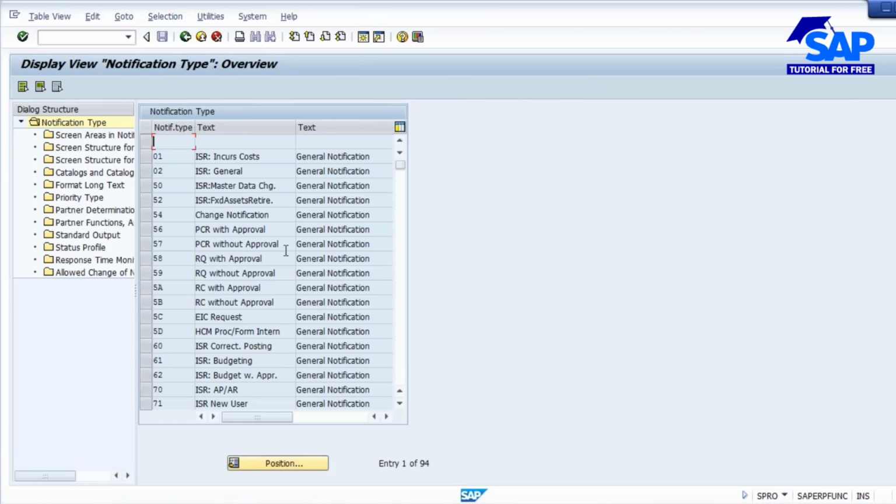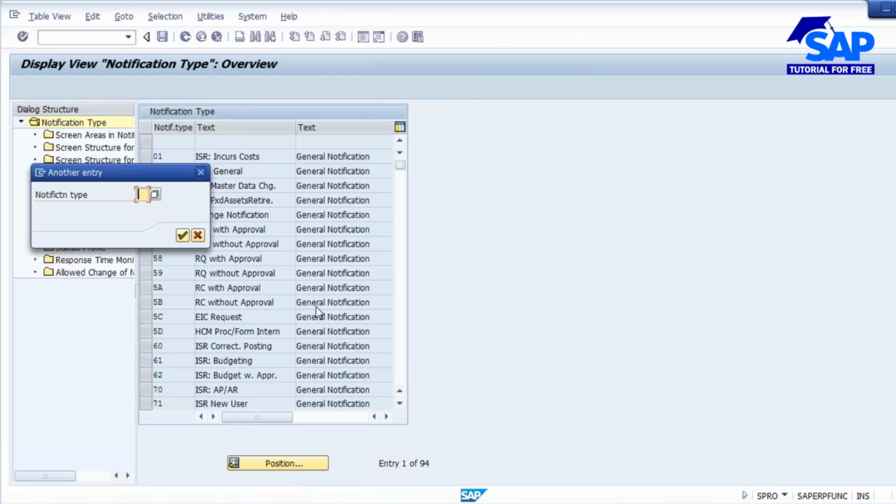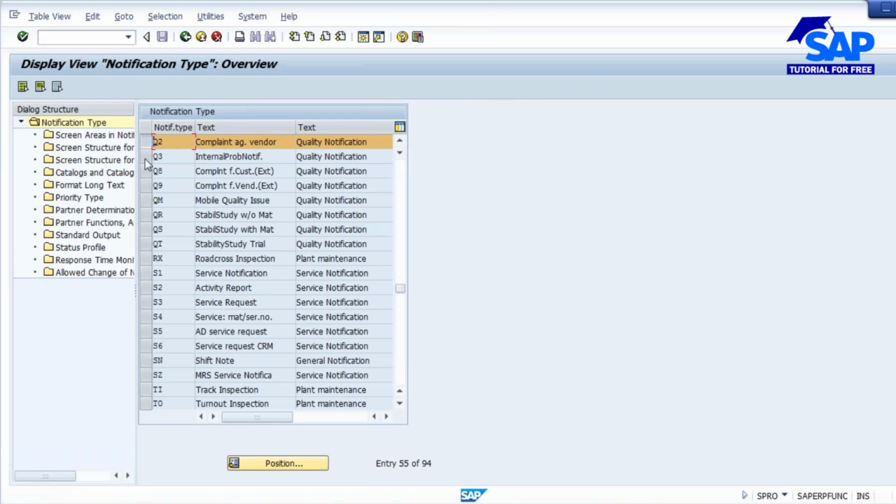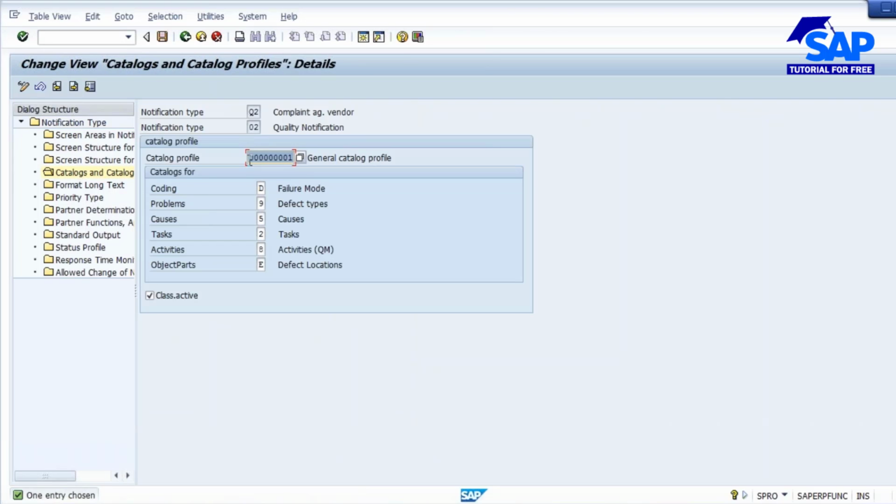What is our notification type? It is Q2. So go to the notification type, select the notification type. Here you are able to see a folder called catalogs and catalog profiles on the left side. If you click on that, you are able to see the catalog profile maintained.